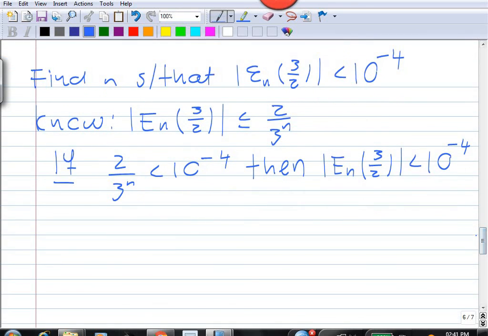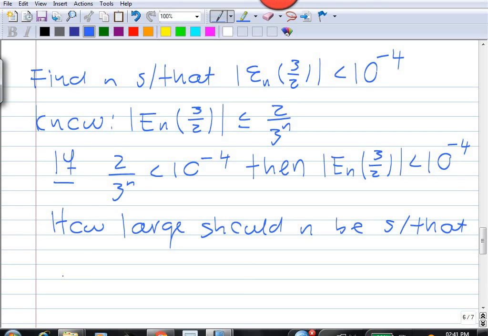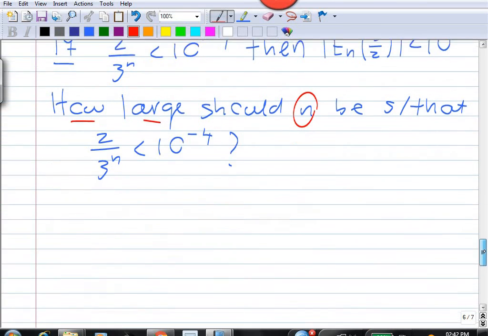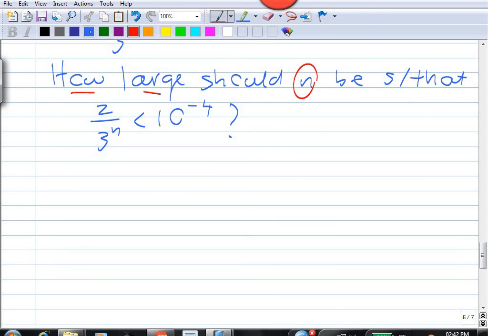So what is it that we have to do? We have to determine how large n should be so that 2 over 3 to the n is less than 10 to the minus 4. We need to find this n. How large should it be? Now luckily, this inequality is relatively easily solved, because 2 over 3 to the n is less than 10 to the minus 4 if and only if